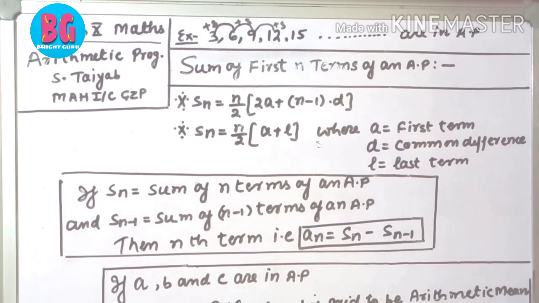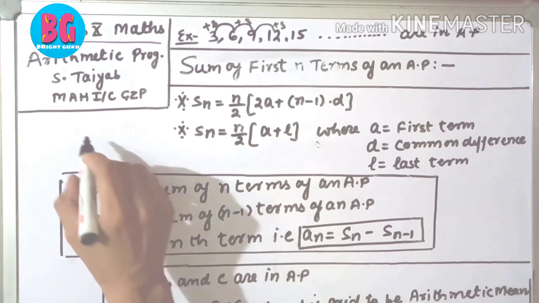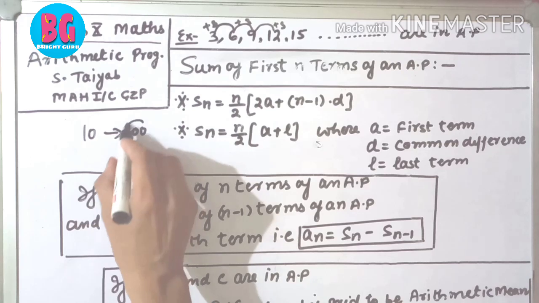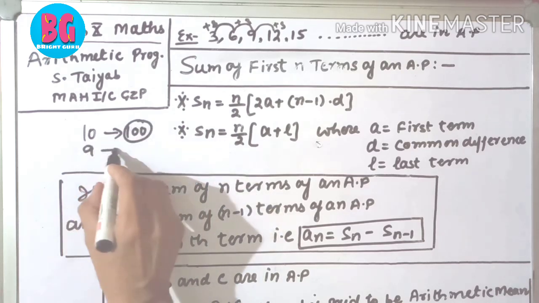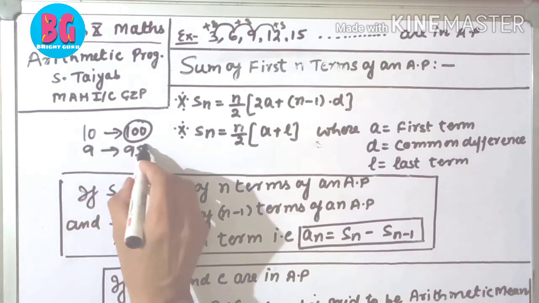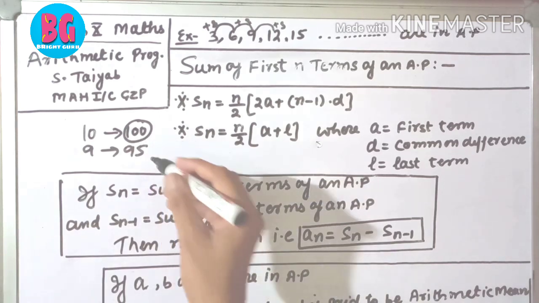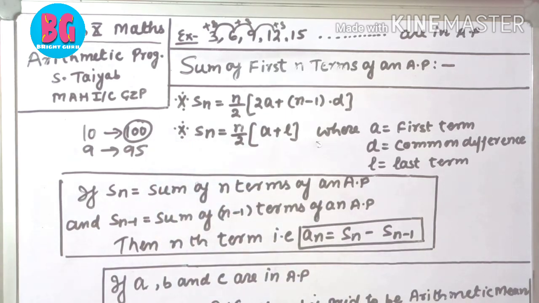Sometimes a situation arises, suppose that in a class the 10th student has 100 rupees and the 9th student has 95 rupees. So can anybody tell me how many rupees the 10th student has? It is so simple. If we subtract 100 minus 95, it is equal to 5, meaning the 10th student has 5 rupees.